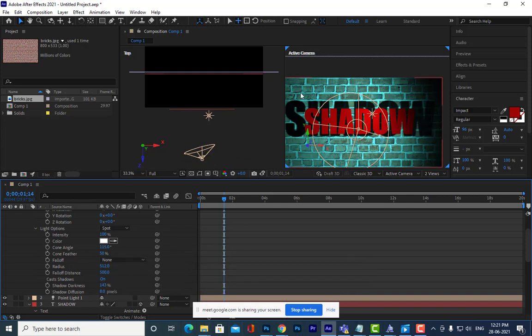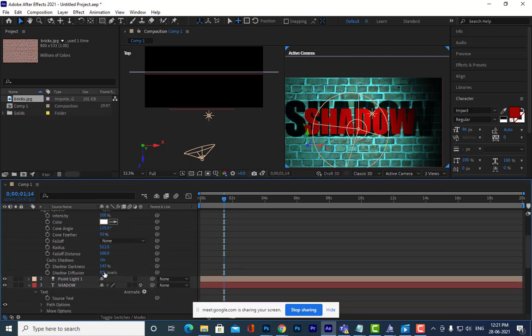Is it clear? Yes, sir. See, look at the edges of shadows. If you want to control the edges of shadows, you can change these diffusion settings.